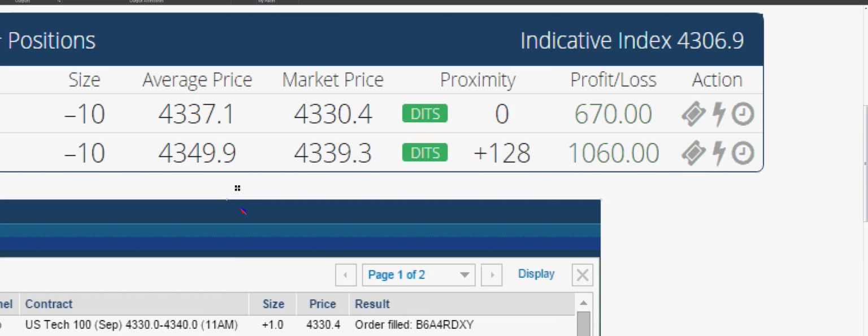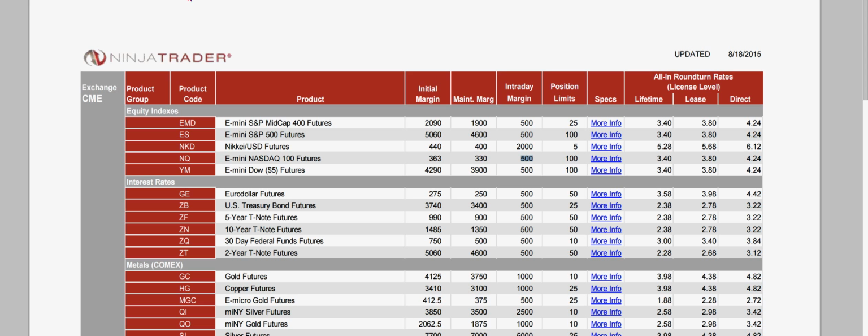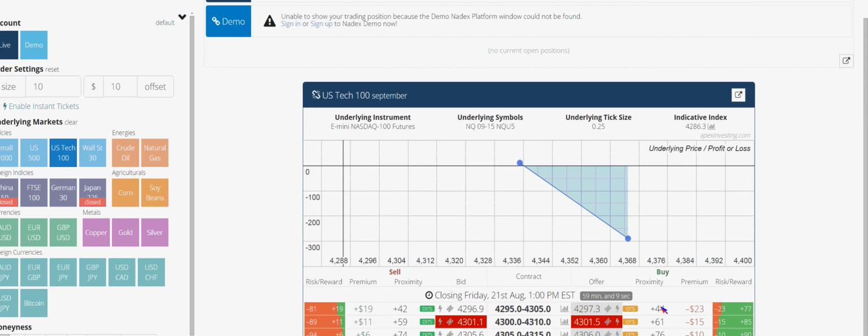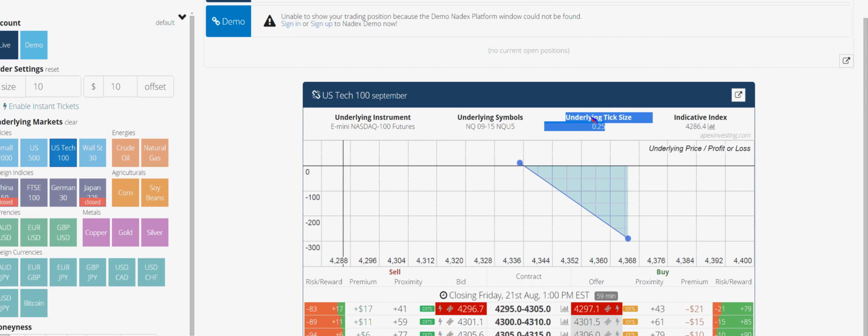And you need to understand the proximity. You need to understand the premium and how that works. To give you the simplest definition I can, proximity is the difference between where the spread is priced and where the market is. This is saying 43 NASDAQ ticks, 43 quarters, so it's a little over 10 points, 11 points from where the market is currently priced. It's just how far away is it? This would not necessarily be a great trade to buy because the market would have to go all the way